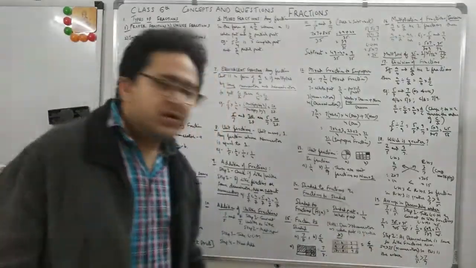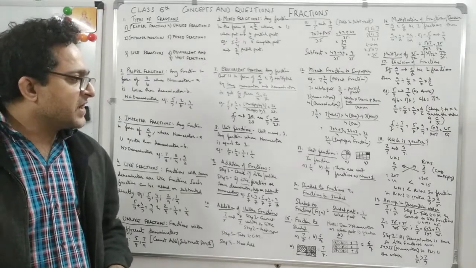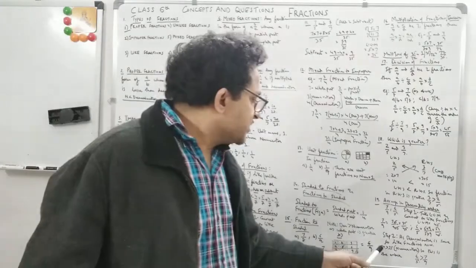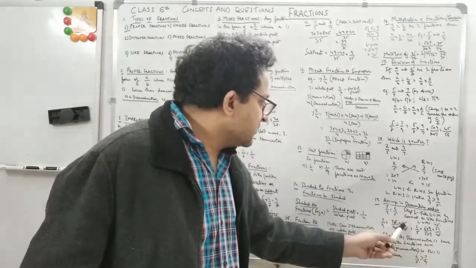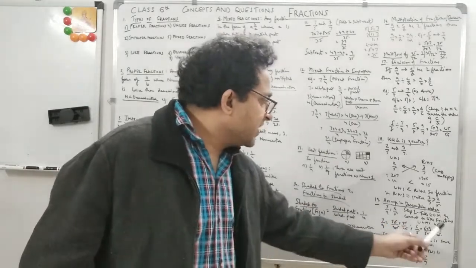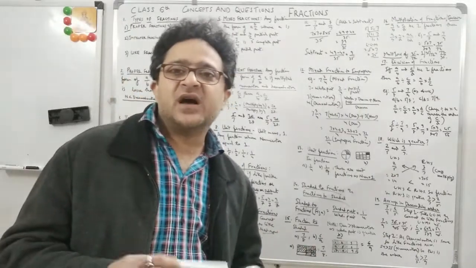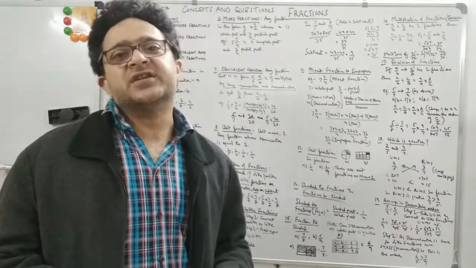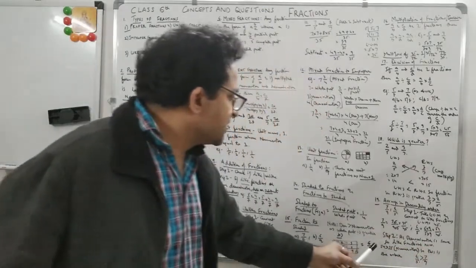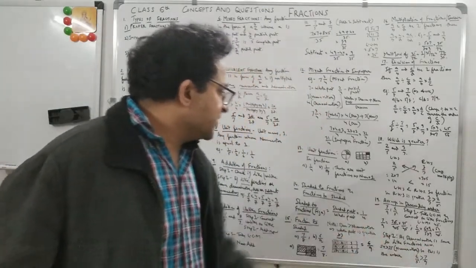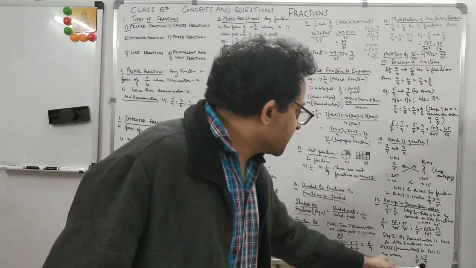denominators are the same, and if the numerator is greater, then the fraction is greater. So 54 is greater than 35. 54 is greater than 35. But we have the same denominator. Whenever the denominator is the same, the one which has a higher numerator will be greater. So we know that 54 by 45 is greater than 35 by 45. So which means 6 by 5 is greater than 7 by 9.